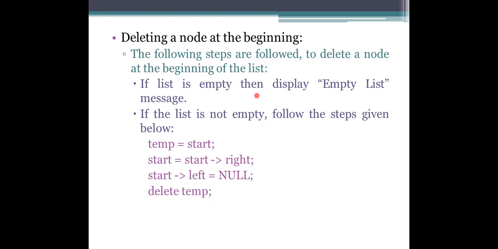If it is not empty, then we need to follow the steps for the 3 representations. The 3 means at the beginning, at the end, and at the specified position; in all of them we have to check whether the list is empty or not. If it is empty, we will stop there itself. If not, we will perform the steps used for processing the appropriate method.